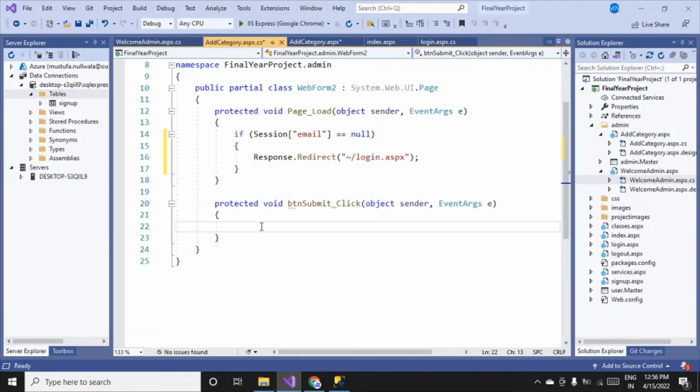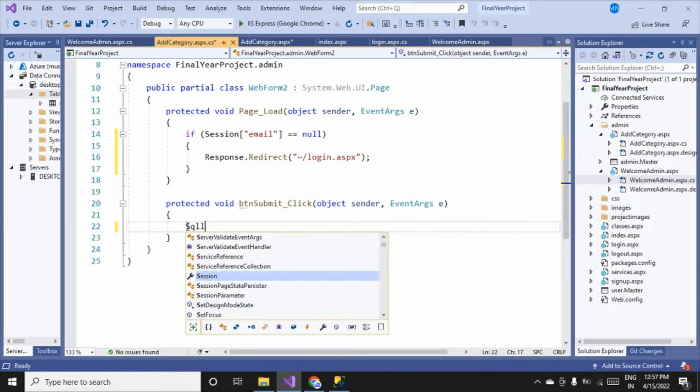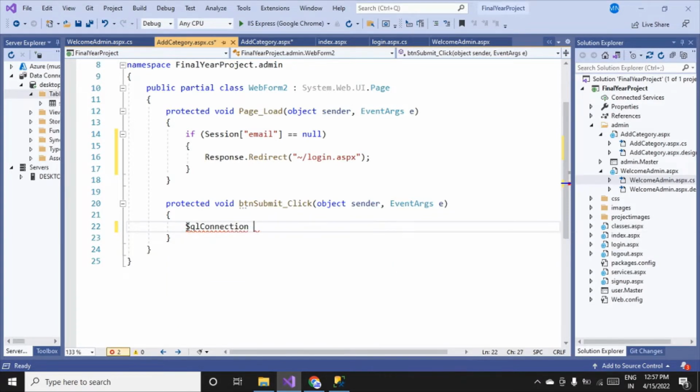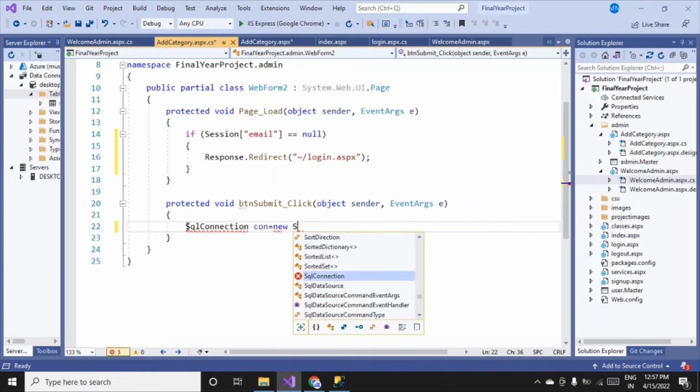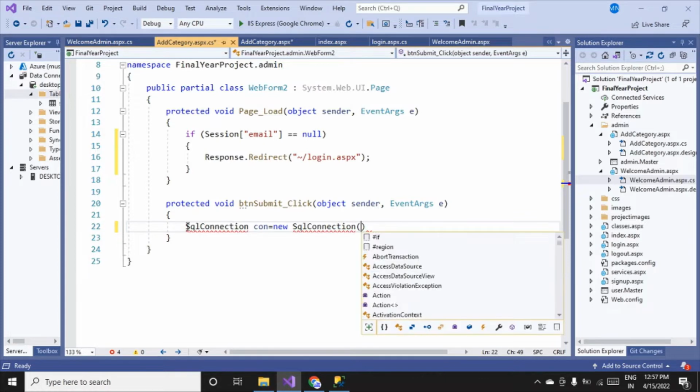Once the user clicks on the submit button after entering the category name and selecting the image for it, it should store all the details in the database. So let me write the code from scratch. The very first thing we want is a SQL connection object here. Con equal to new SqlConnection. In the start it will give you an error because we have to use